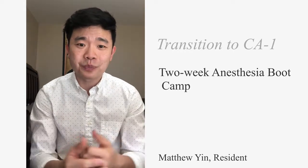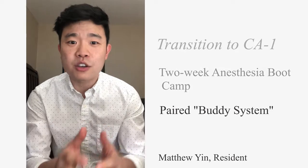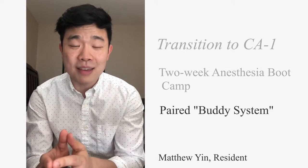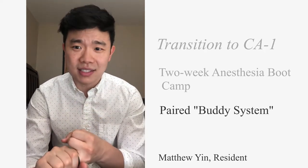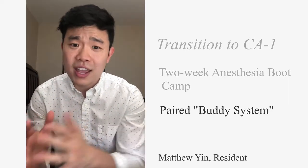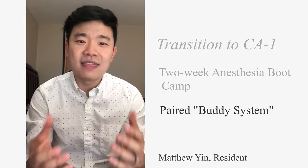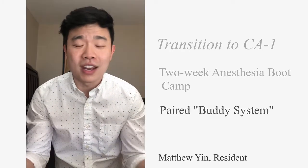functioning correctly. After that, you move on to a buddy system where you're paired up with another CA1 resident and working in the ORs together. During this time, you're also one-on-one with either an attending or a senior resident. All this support just helps you feel a little more comfortable in the operating room. You learn where all your supplies are, and generally just more comfortable doing anesthesia. After that, then you're finally out on your own and doing the anesthesia by yourself as you would any other